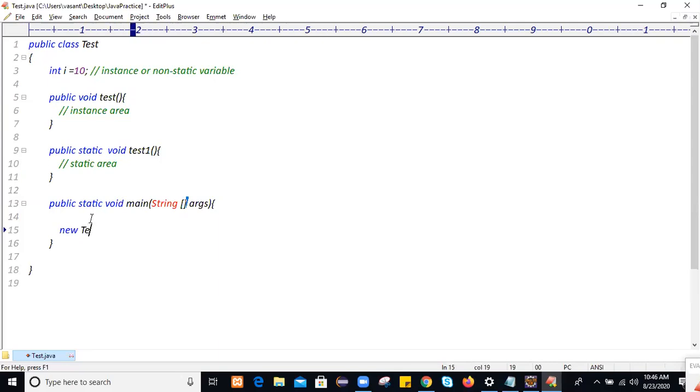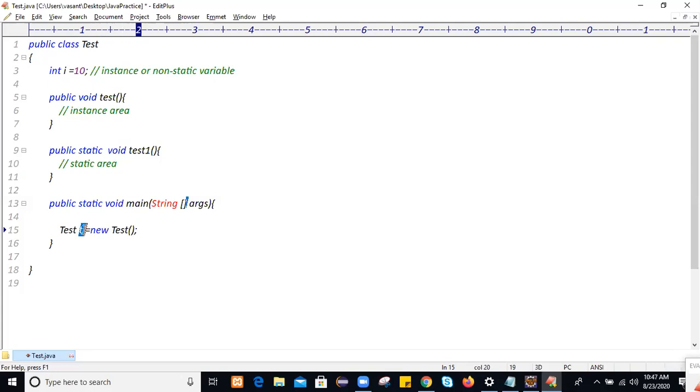I will create an object once. The moment you write this statement, one object gets created, and all the instance members of the class get loaded into that object. I just created the object, and every object has a return type as the class name.